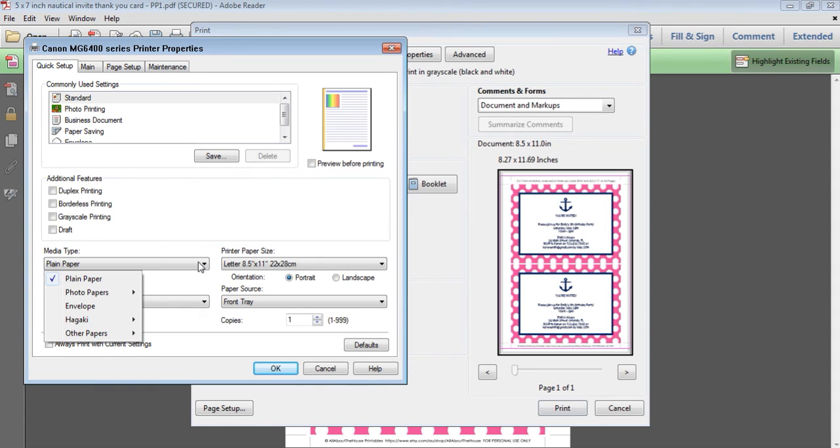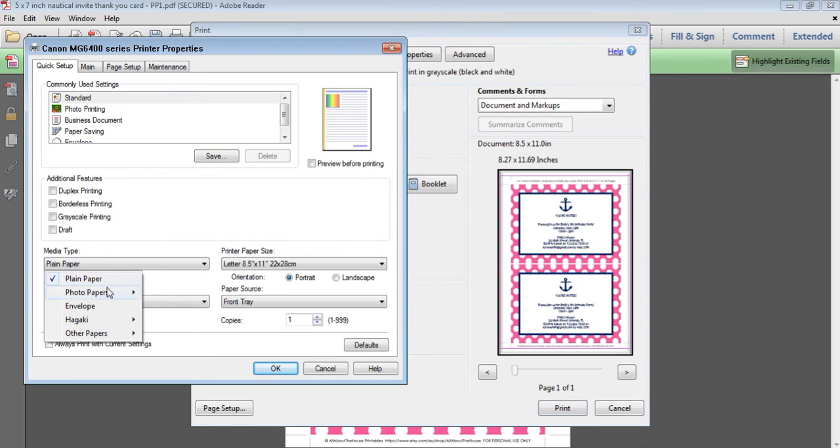I do also include just the individual design if you wanted to upload it to a print and ship website. So you would need to upload that JPEG onto Canva or PicMonkey, add in your text, save it again, and then upload that file that you've added your details to onto Vistaprint or wherever else you want to get them printed. I'll include a list below this video of places that I recommend that would do photo printing, or you can just take it to Staples or your local office supply store.